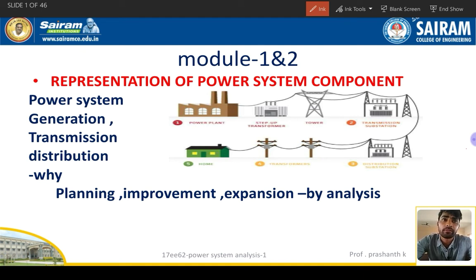Next we have a step down transformer. Basically you can find a step down transformer near your home. From there we are tapping single phase as well as 3-phase power supply. 3-phase is used in our home for lifting water with a 3-phase induction motor, and single phase for domestic appliances. Near your home, a pole mounted substation is definitely available.